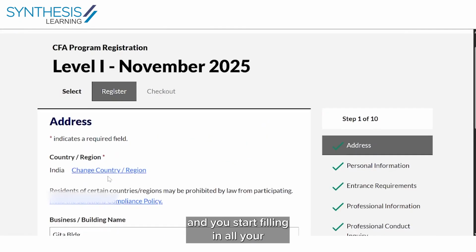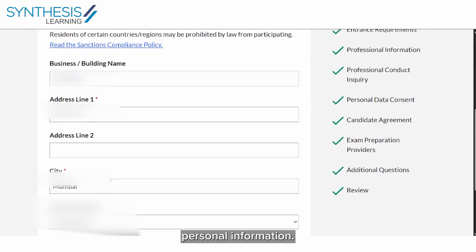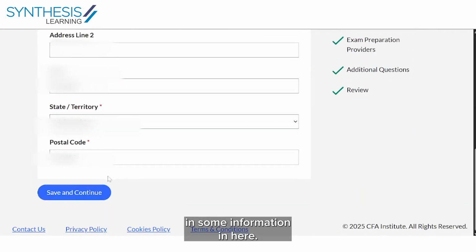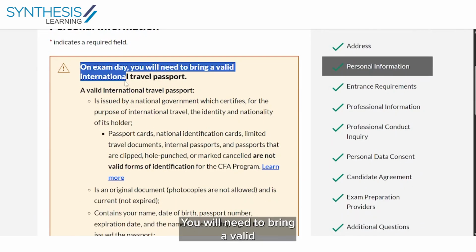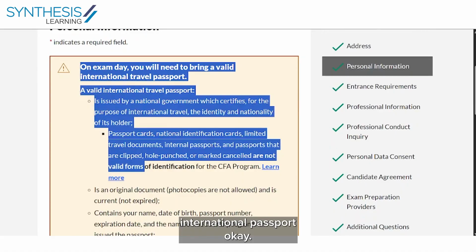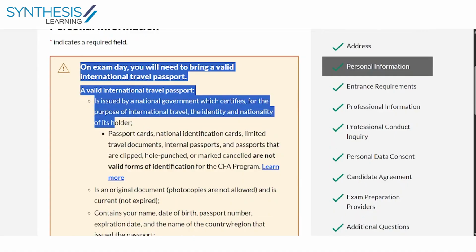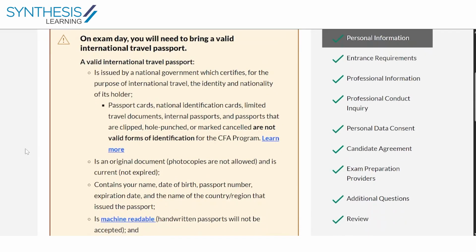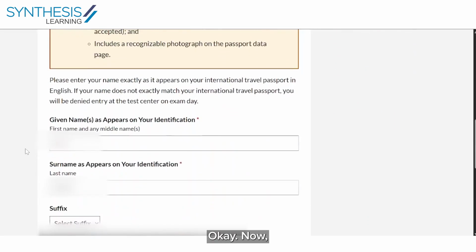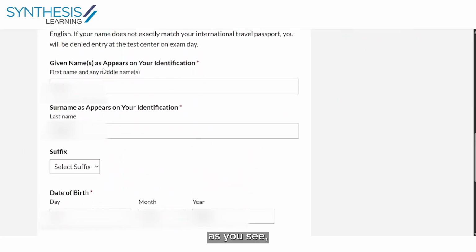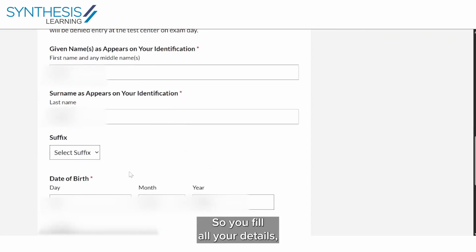So you continue and you start filling in all your personal information. All right, so let us assume that we have filled in some information in here. Now very important, you need to take note of this. On the exam day you will need to bring a valid international passport. So you need a valid international passport and whatever name you've put in the passport, that's exactly the name details you need to put going ahead. As you see given here, given names as appears on your identification, which means exactly what is written on your passport, that is exactly what you need to fill in over here. So you fill all your details,